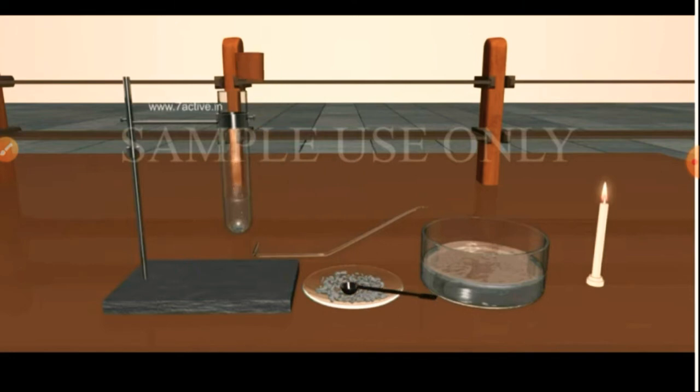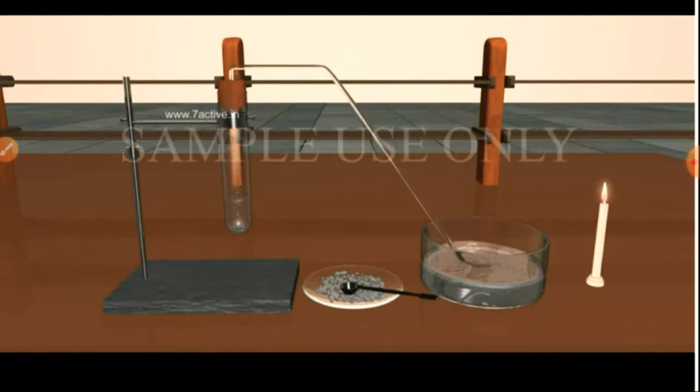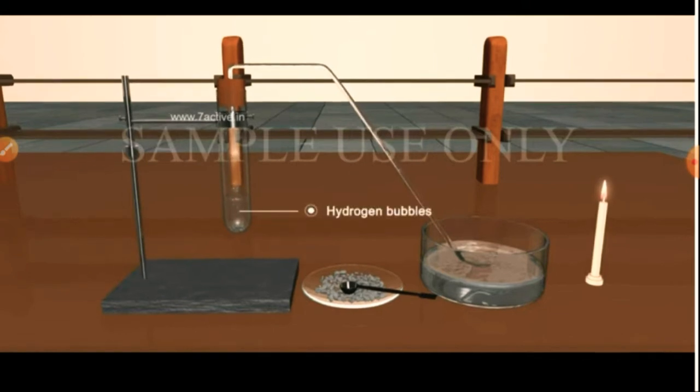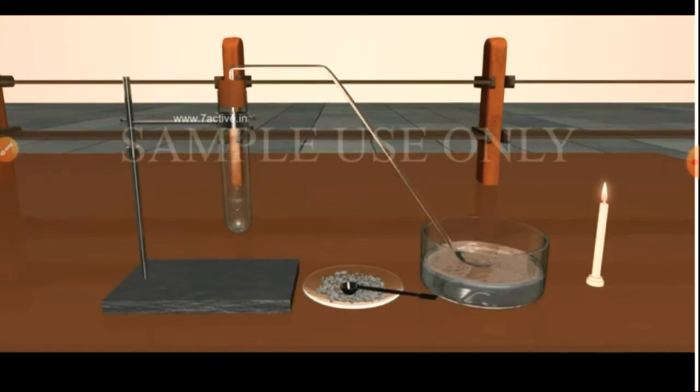Now first of all, let's put the zinc granules in the sulfuric acid. Chemical reaction will start happening. You see the bubbles are producing. We close the mouth with a cork and we put the delivery tube. After arranging the delivery tube to the test tube, we see the hydrogen gas will be coming out from the delivery tube.